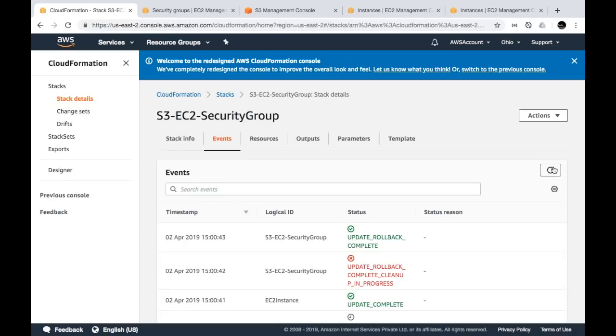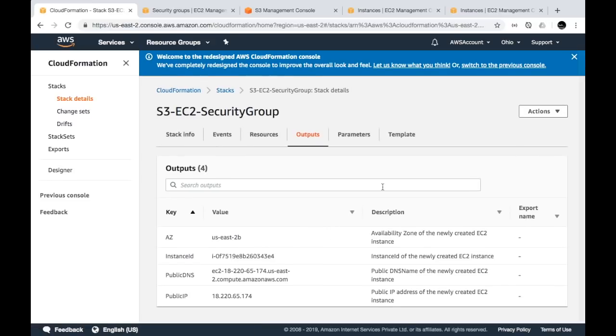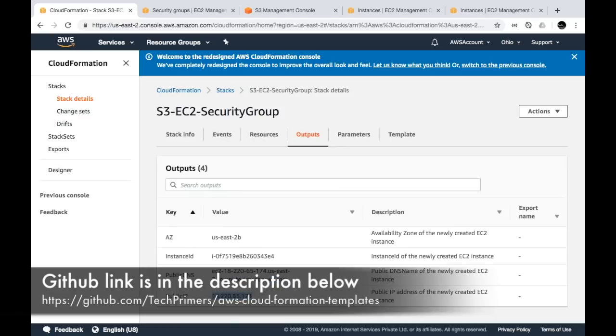Let's see if the rollback is complete. Yep, the rollback is complete. Now we should be able to see things running. See that it's still running but with a different IP address and a different public DNS name. Now if I want to delete everything in one go,